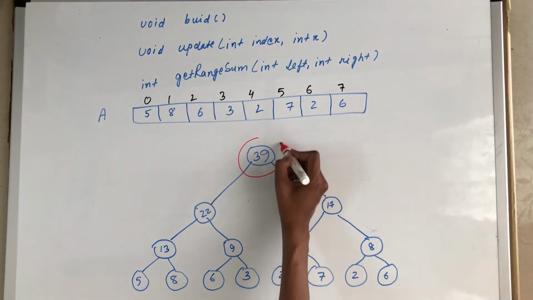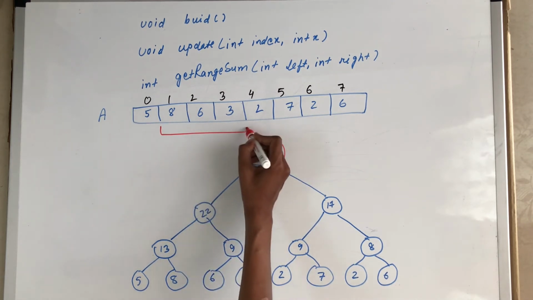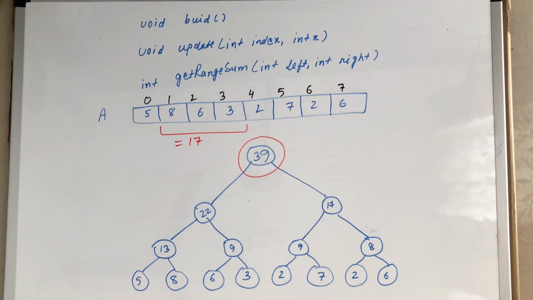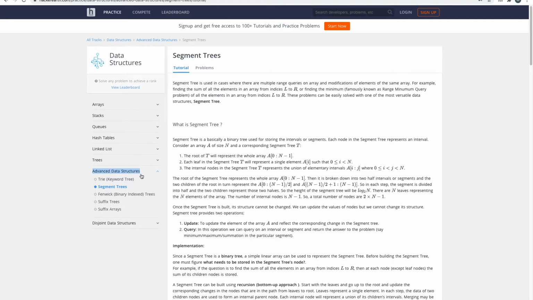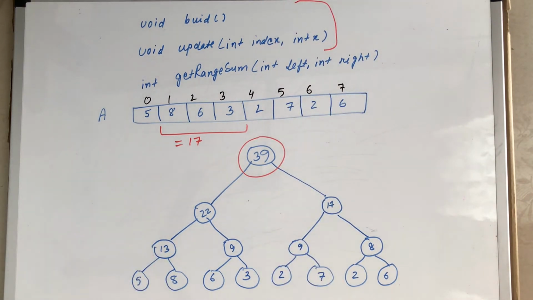You can see that the top root node contains sum of all elements of array. We will see shortly how we can get sum for any other range like this using this segment tree. Most of the time I have seen segment tree mentioned under advanced data structure, and it seems to give the impression that it is quite complex, but that is so wrong. In fact, you will see that implementation of these two methods are quite trivial. Only the third method requires some attention, but it is also not what can be called as complex.